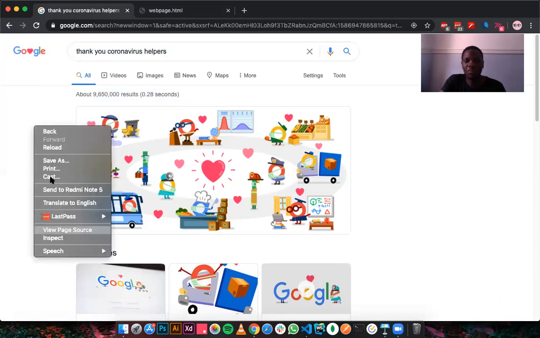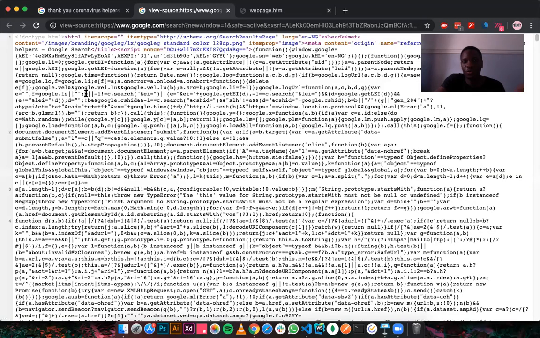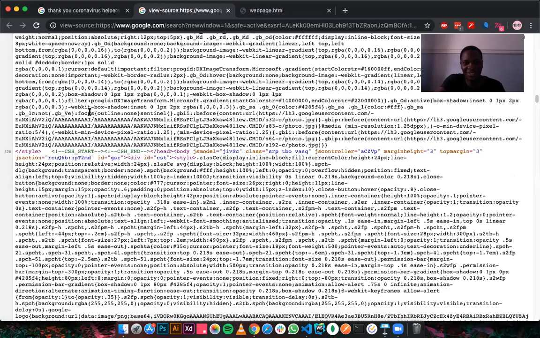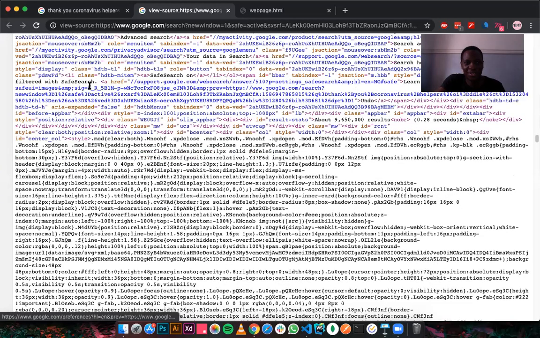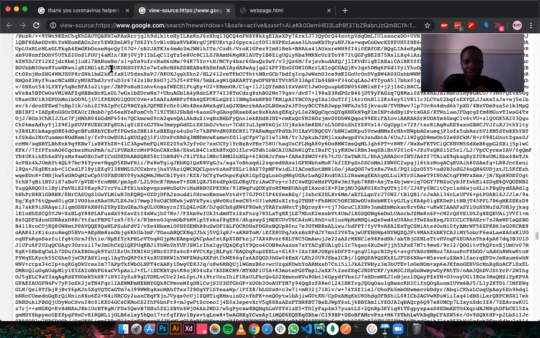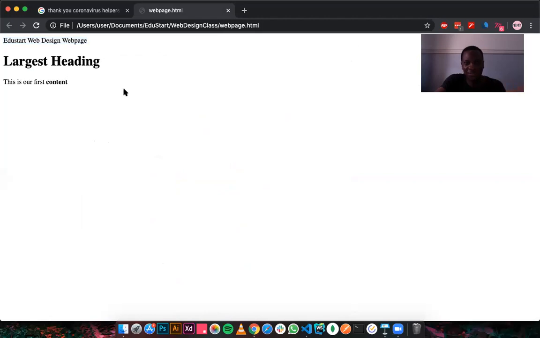If you want to see the source code for any web page, you can just right click on that particular web page and click view source. Now, this is a lot to take in because this is quite advanced. There are a lot of scripts here, but this basically is the source code for the whole page, and I wouldn't want us looking at this because it's going to begin to look like jargon. But let's do that for our own web page. That is simple enough, right?